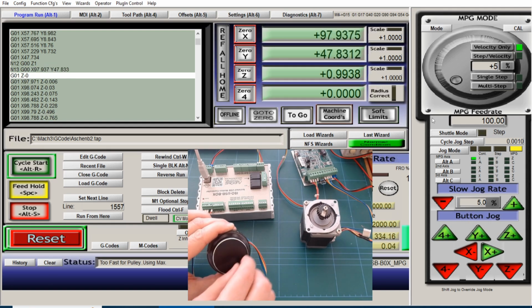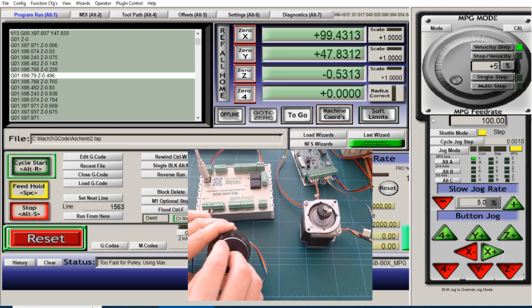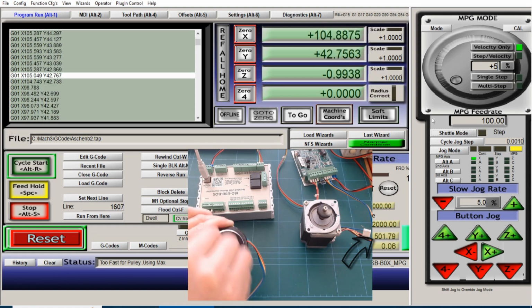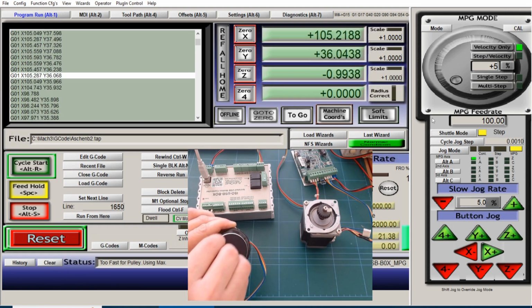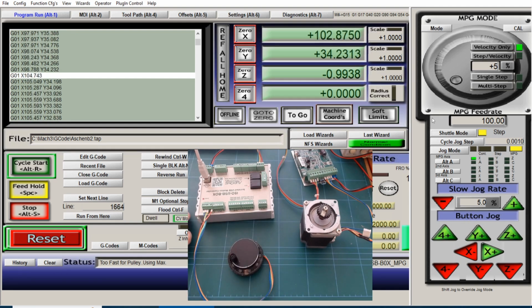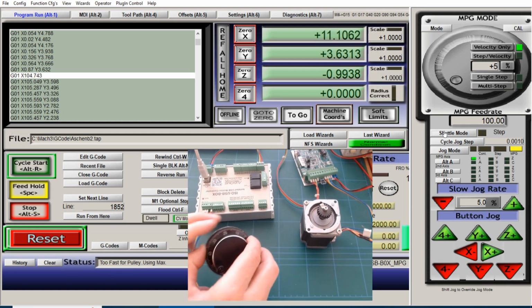The execution speed of the G-code depends on the speed of rotation of the encoder. By deactivating shuttle mode, the G-code continues to execute as expected. Let's look again. Activating shuttle mode,